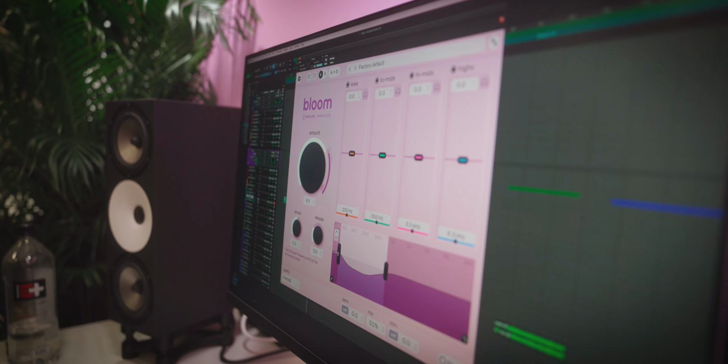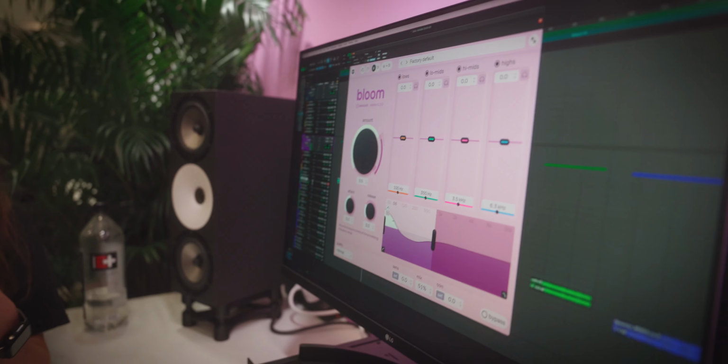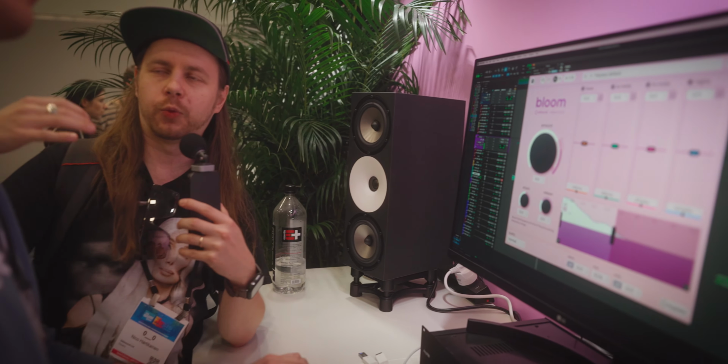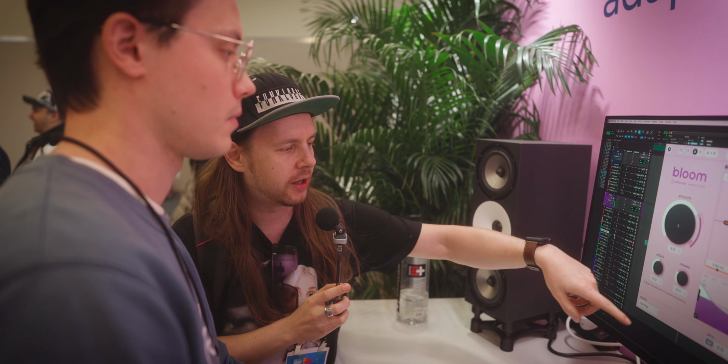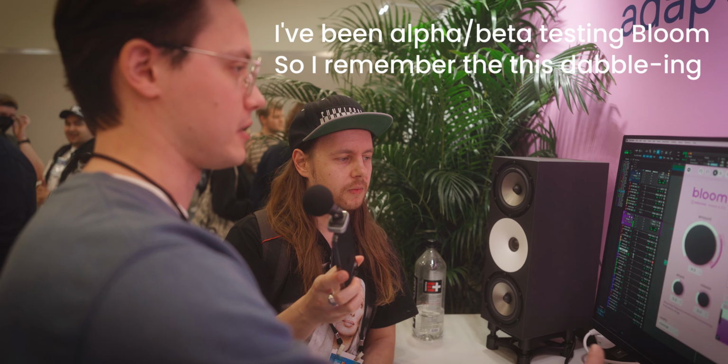So are they using the sort of distortion that the plugin naturally gets when you start to really squash it? Are they using the amount knob, or are they using the input sense? Are they actually driving it with input? So there isn't actually any distortion happening in Bloom. Oh, really? Yeah, so we dabbled with that in the first versions of it, but now